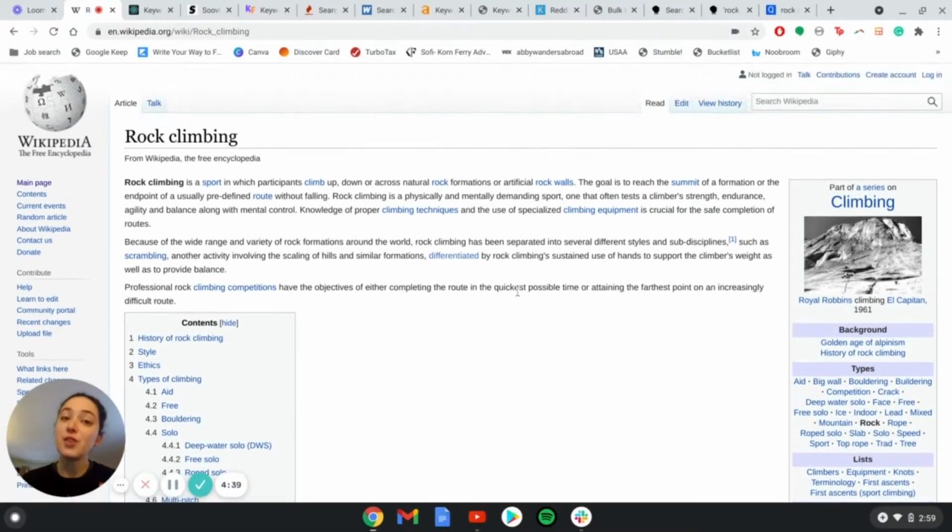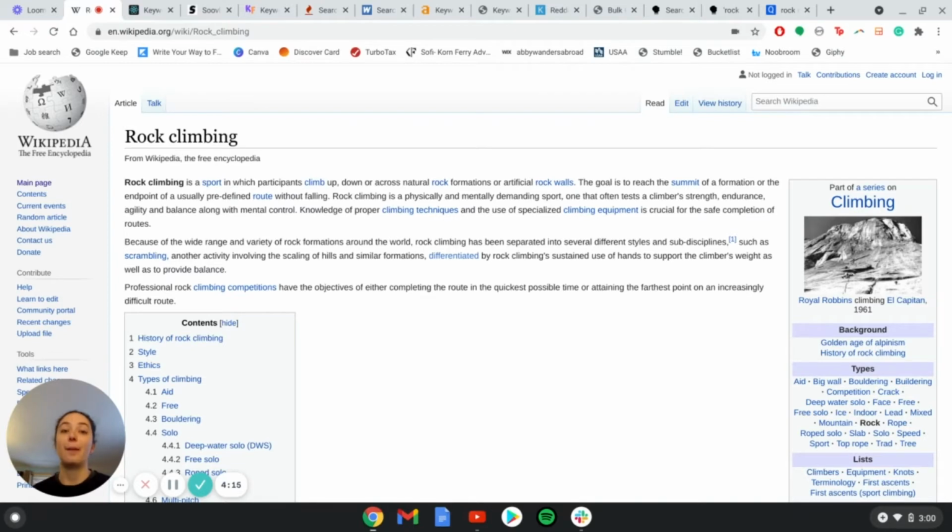Okay, so in this example, I'm pretending that I am a manager, some kind of marketer for a rock climbing gym, and I am looking for content for my blog. Well, one idea of a free resource that you can turn to, which might surprise you, is Wikipedia. Wikipedia is, after all, an open collaborative online encyclopedia, meaning it is literally developed by people who know a lot